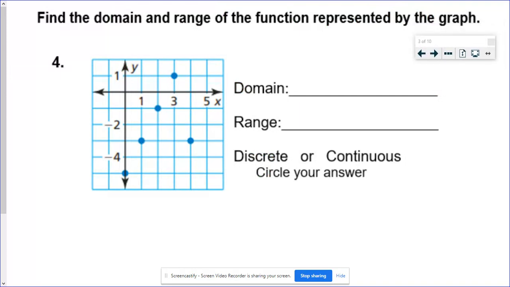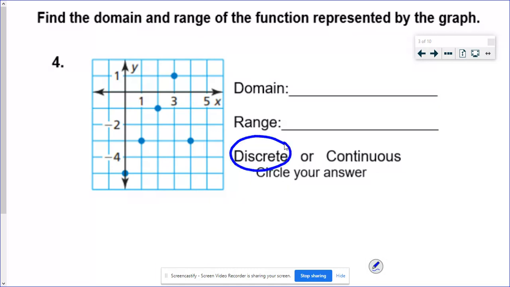Okay, the next problem is asking about domain and range. It's also asking about discrete and continuous. We mentioned this in class. This will not be asked on the quiz, but when we talk about discrete versus continuous, we're just going to do that first before we talk about the domain and range. Continuous is a graph where it's connected. It could be straight lines, it could be curves, it could be whatever. Anything that's connected makes it continuous